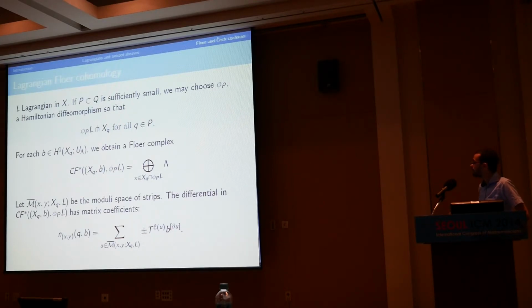And so the way it appears is that B lives in first cohomology, and I want to think of the boundary of my disk. So I have part of the boundary of my disk that is a path along the fiber, and I want to think of it as giving a first homology class. And I compare the first homology class with this first cohomology class and get a number.